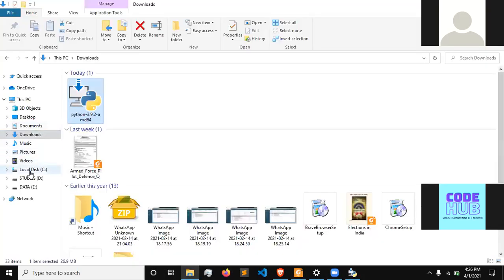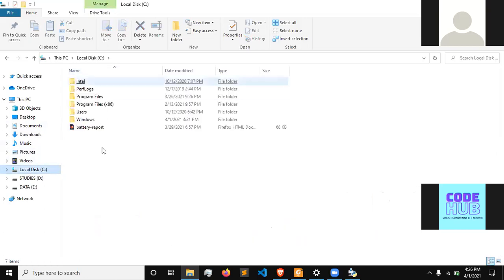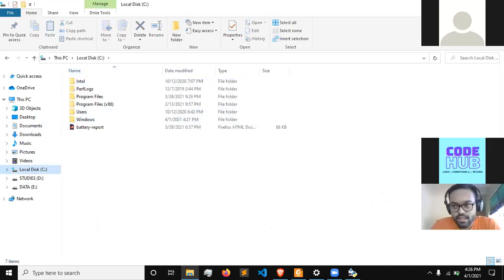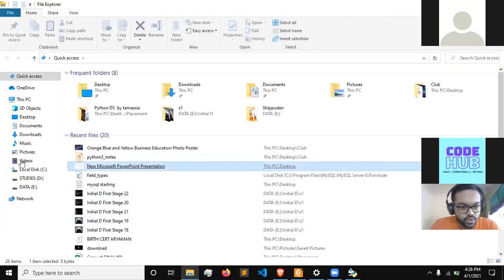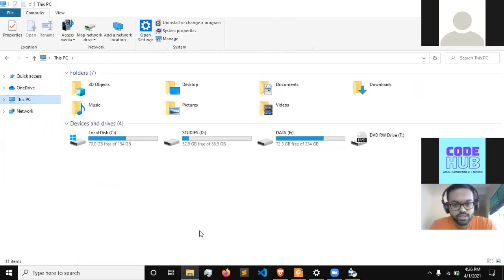Here you can see Local Disk C drive, where all this will be. This PC, Local Disk C. Is everyone seeing Local Disk C, who has a laptop? Guys, you can speak up. Okay, wait, I'll show you how. Close this. Go to File Explorer. On My Computer, it will look like This PC. It will look something like this.